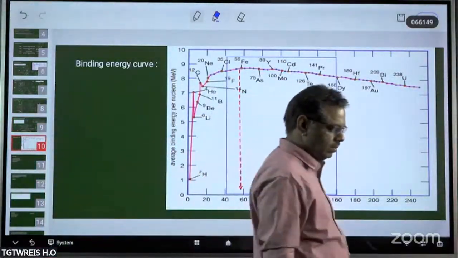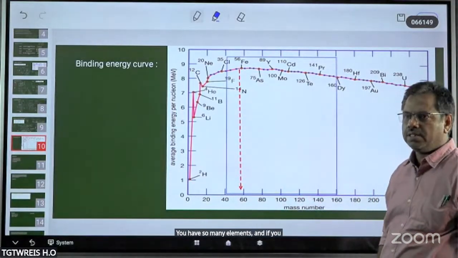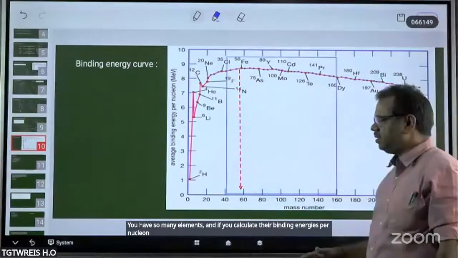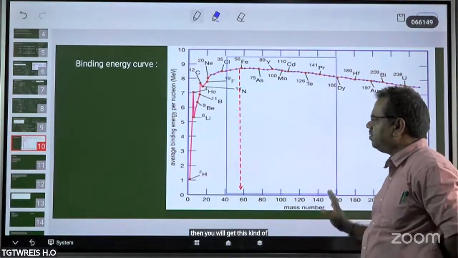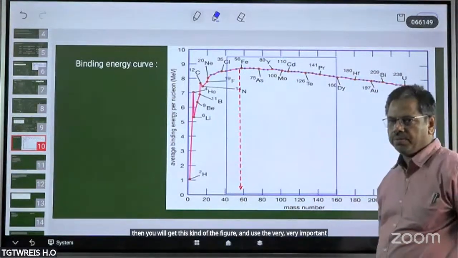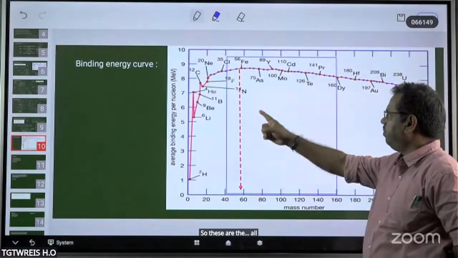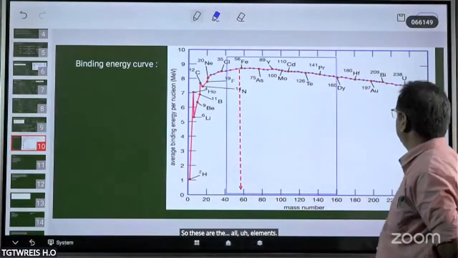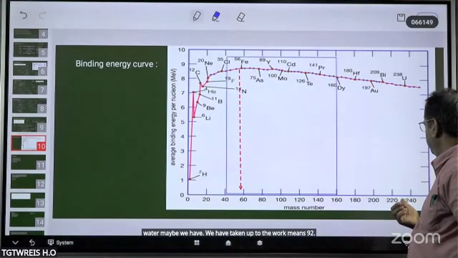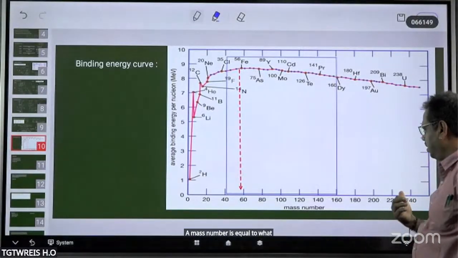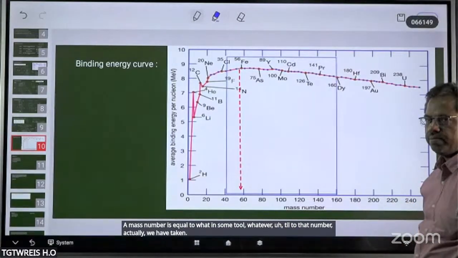Binding energy curve. We have so many elements, and if we calculate their binding energies per nucleon, that is binding energy per mass number, then you will get this kind of figure, which gives very important information to us. So these are all the elements, we have taken up to 92. The mass number is whatever number till which we have actually taken. And if you observe carefully in this,